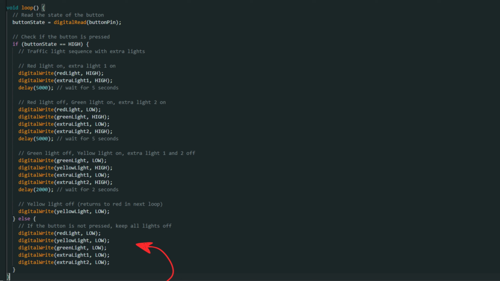The sequence ends and resets, looping again when the button is pressed. If the button is not pressed, else, all lights are turned